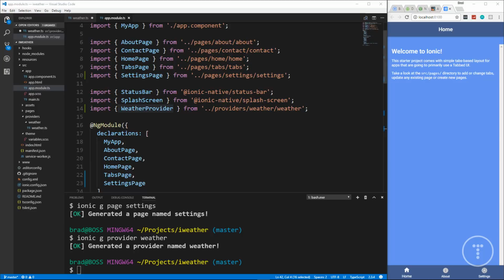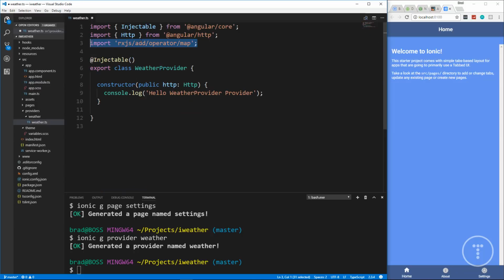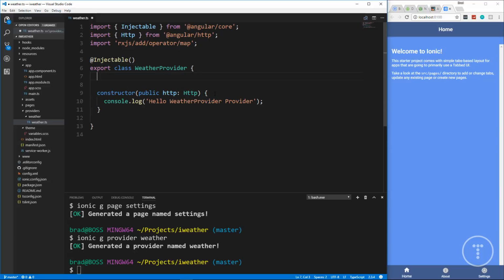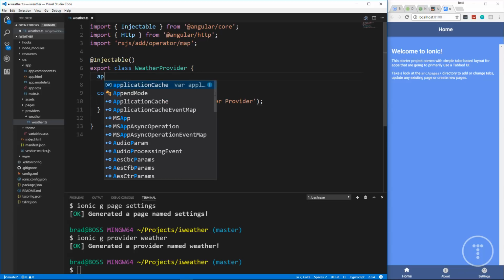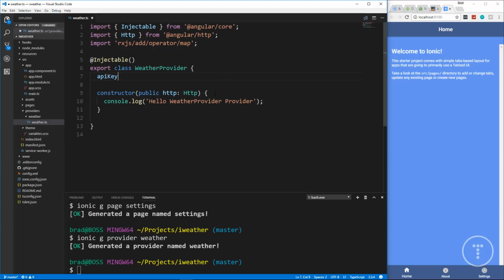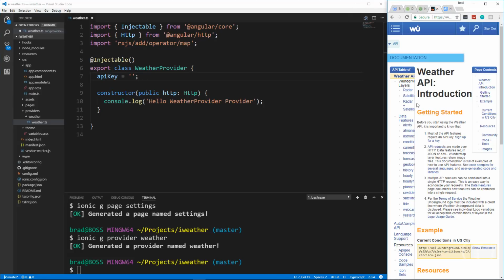Now, the service or provider isn't going to be very advanced at all. We're just going to basically have a get weather function that reaches out, gets the weather, and returns it. So let's go to our weather TS file, which is the provider we just created. And we're going to add, right under the class, a property called API key, because we're going to need that. And we're going to set that to whatever your API key is,